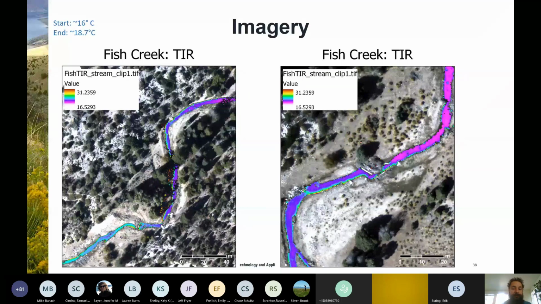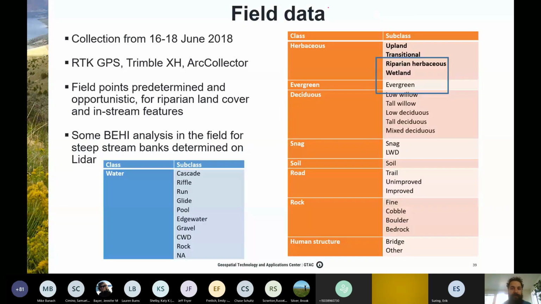Not going to go too deeply into the analysis that we conducted using the thermal imagery because it sounds like that's what you guys did a little bit last week. But we did collect thermal imagery for this project. And so there was quite a bit of field data collected for this project. We